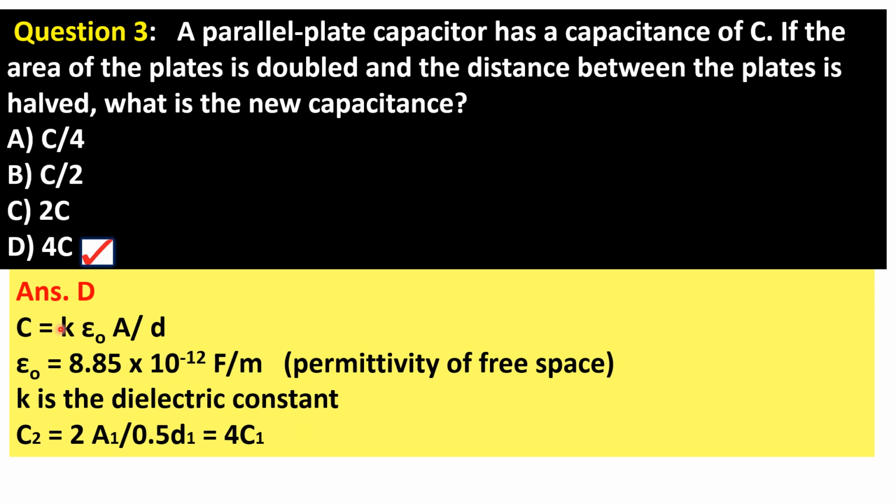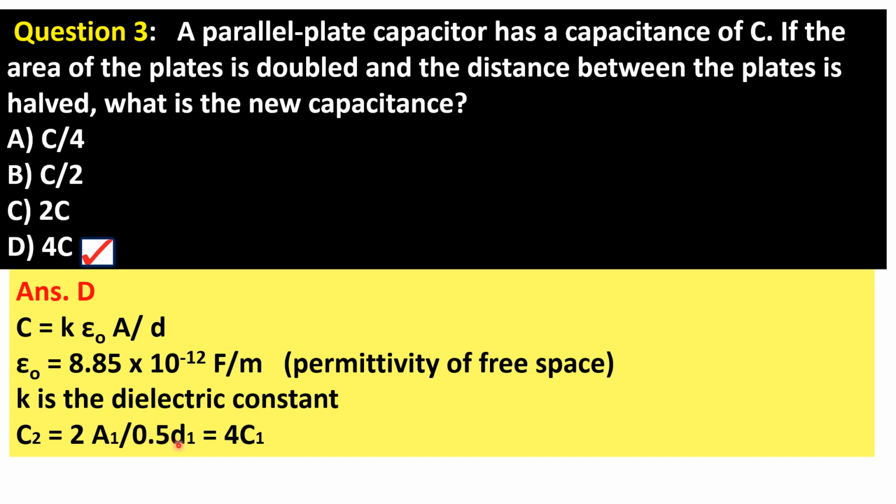So if all the constants are considered and we just look at the way the area of the capacitor is changed, it says that the area is doubled. So what we do is multiply to get the new capacitance C2, we just multiply the area A1 by 2. And at the same time, the distance between the plates, when it is half, so what we do is